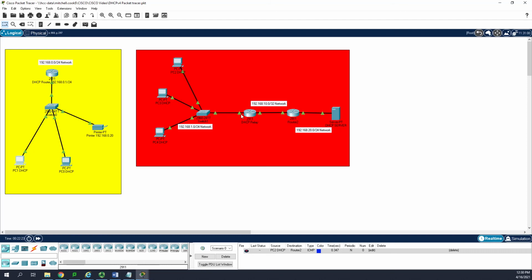This network has two routers. So over here we have our 192.168.10.0/24 network, our 192.168.10.0/32 network, and our 192.168.20.0/24 network. Since broadcasts cannot be routed to different networks, if your DHCP server needs to give out leases to